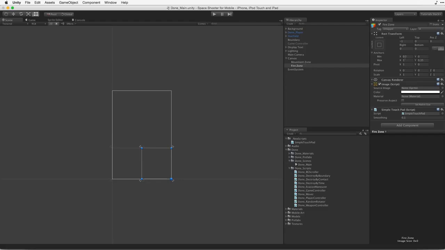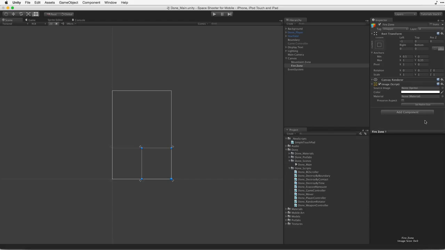Again, 0.5 is the middle on the X, but instead of going to 0 and 0.5, we're going to 0.5 and 1, and we're still keeping it up there in that Y, about that bottom third. So now we've created a touch zone,